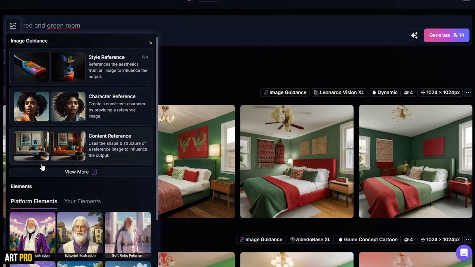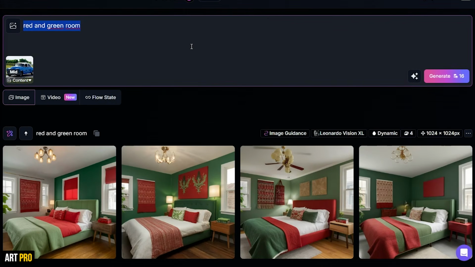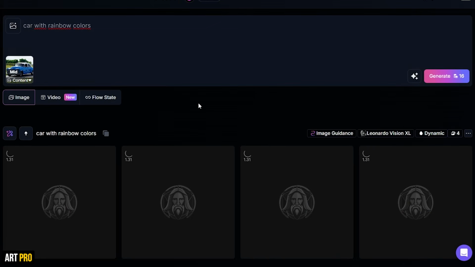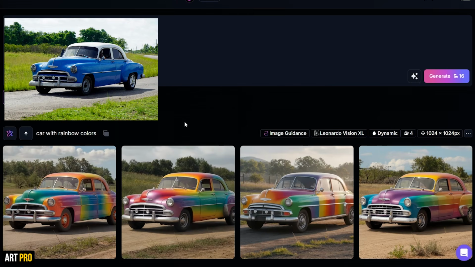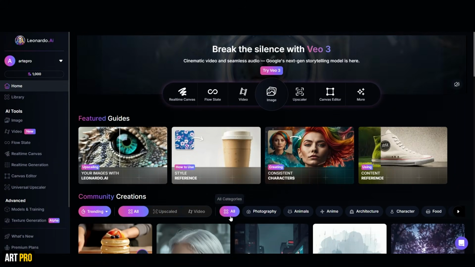We will do a second very quick test by uploading this image of a car. The original is blue, we will ask it to have the colors of the rainbow, for example. And in a matter of seconds, it has modified it by changing the color, but respecting the shape of the old car, the perspective from which the photo was taken, and even the environment seems much more real now than the reference photograph, since we have applied this realistic model. As you can see, these functions are super easy, visual and intuitive to apply, so it's a great advantage compared